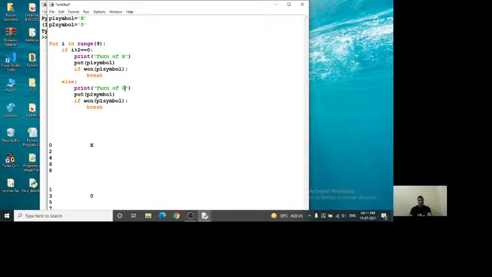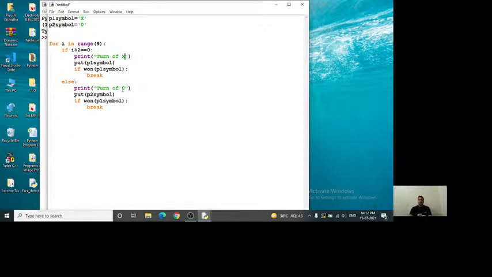So we will put that symbol, and after putting it we will again check whether he or she won the match or not. If he or she won the match, then there is no need to go further; just come out from the loop. That's why I am using break here. So this part is completed. This only represents whose turn it is. All the even numbers 0, 2, 4 are the turns of the person who is using the symbol X, and odd numbers represent